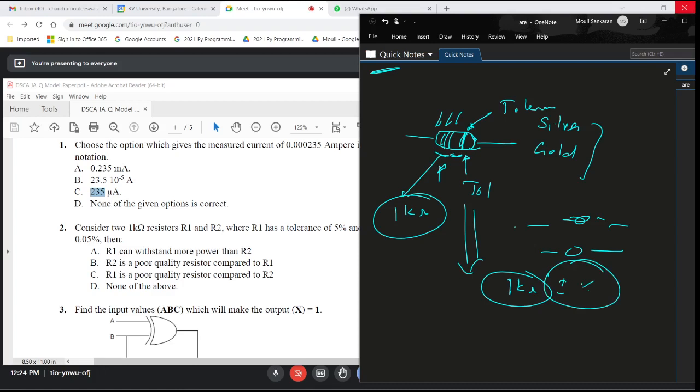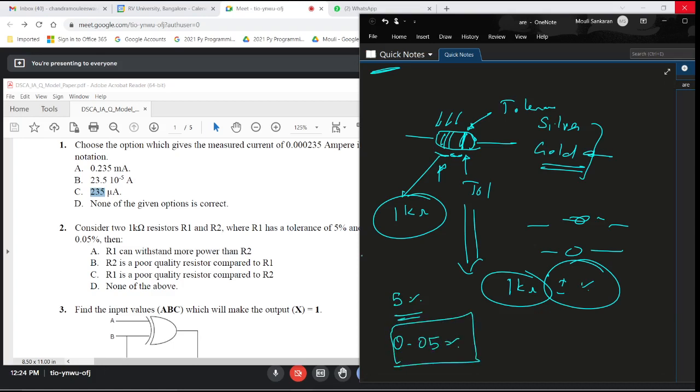So if it is gold, it means that it's good quality. There's a standard mechanism to find out what the percentage is. I want you to refer to that slide. But if I give you a percentage, 5%, one resistor is 5% tolerance and another resistor is only 0.5% tolerance,